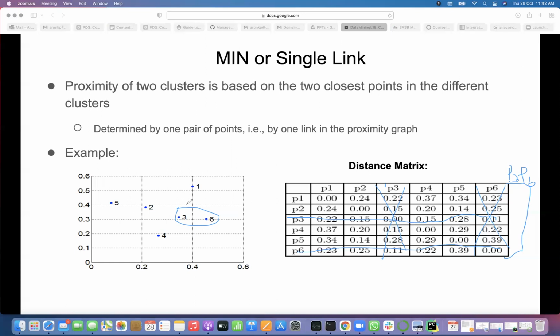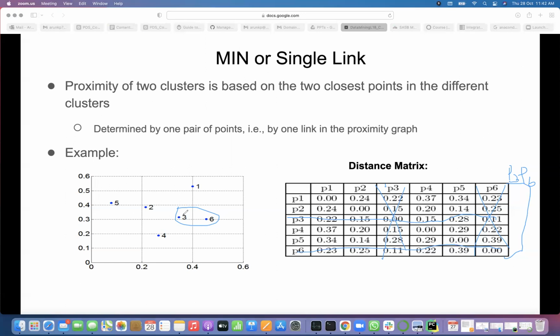4 pairs, right? Because 3 and 6 is paired with 4 different points here. So 4 clusters. So these 4 pairs will have how many computations? Remaining pairs will have only one computation. But this 3 and 6 pair with the cluster distance between 3 and 6, any other point, how many distances we need to find out? 8. 8 distances. So 8 plus 4, 12 distances we need to find out. Like that, the complexity will increase. That is what I'm saying.